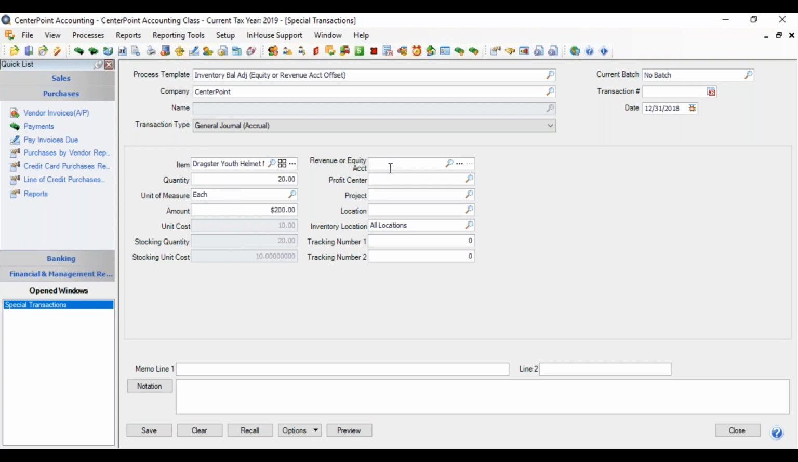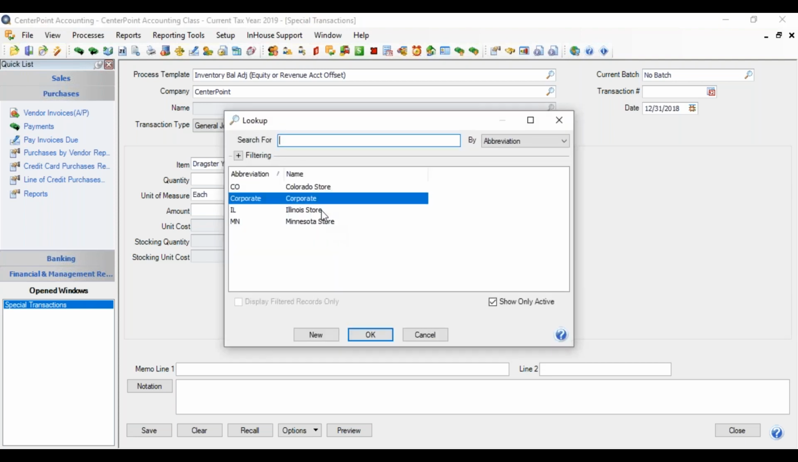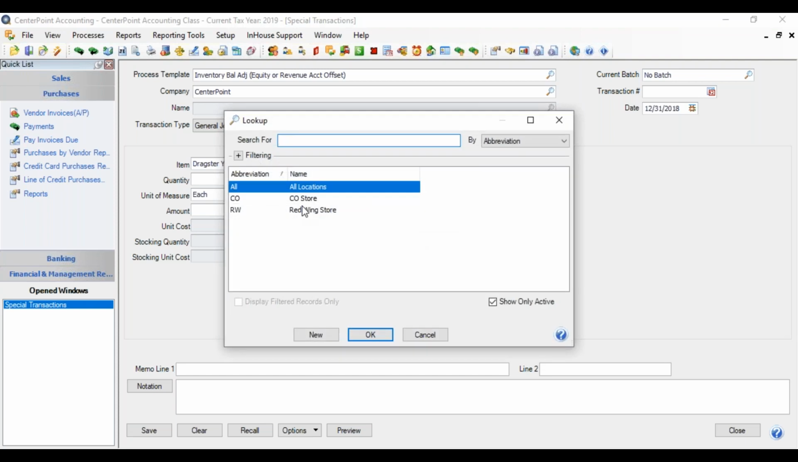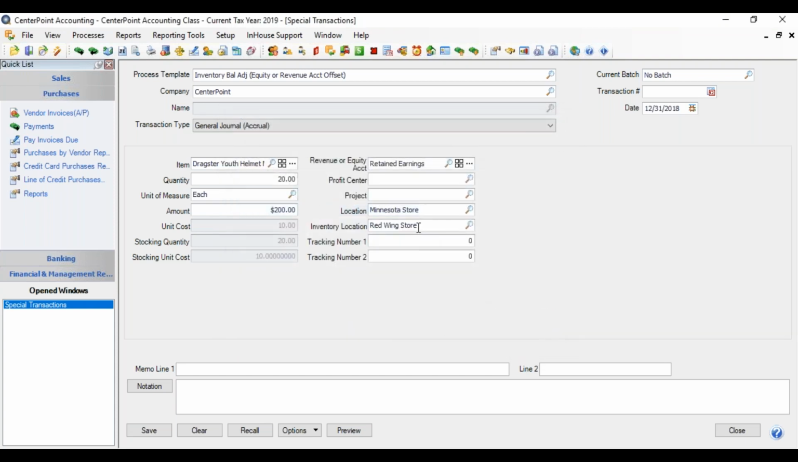And now over on the offset account, we're going to again use the retained earnings. If you are storing your inventory by locations and inventory locations, then you're going to want to make sure and pick that information and make a separate entry for each of your different locations so we have that straight also. So we're going to pick our inventory location, and you can put a notation here again, beginning balance if you want,